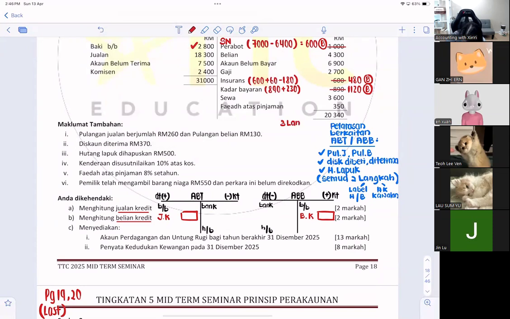tiga langkah, jika belum direkod. Okay, and the tiga langkah is actually to do what? The tiga langkah, the third step is actually to tolak baki ABT, ABB. So means that actually every time as you see these 5